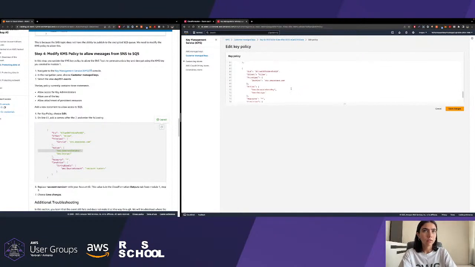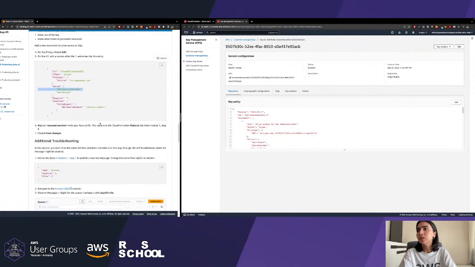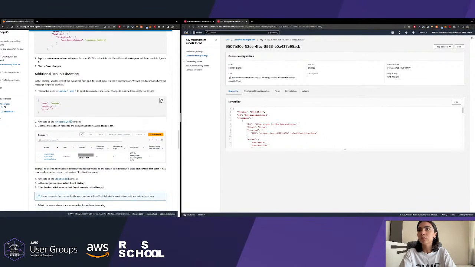Cool. So we added another statement to our key policy. Let's save these changes, check whatever documentation is saying to us. Okay, so we will go and do additional troubleshooting, hoping that everything now will work.